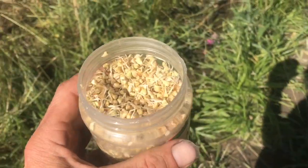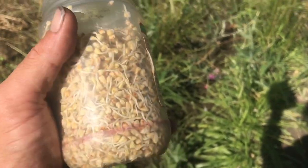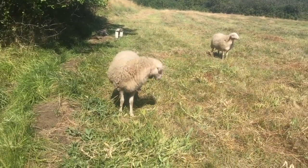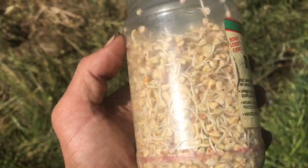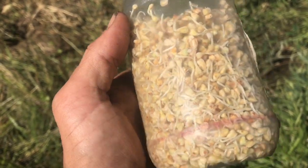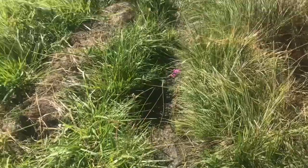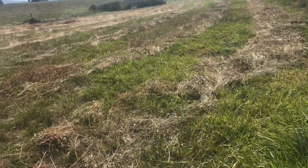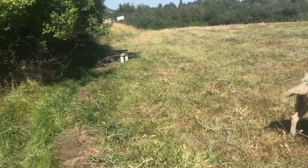I got a bunch of buckwheat sprouts here. Buckwheat only takes 70 days to go from this to being a mature plant that has harvestable grain or seed. Here I am at the lower hay field of this farm that I work trade on sometimes,